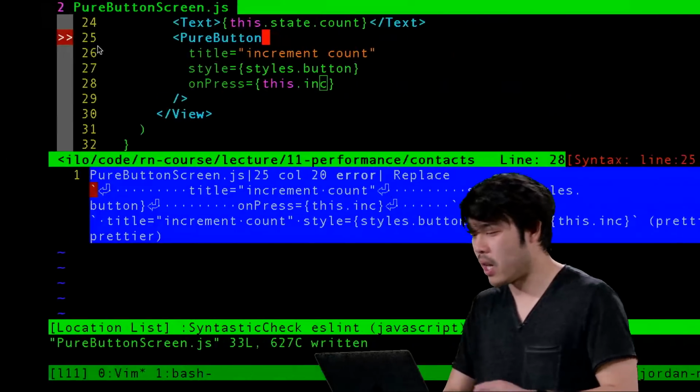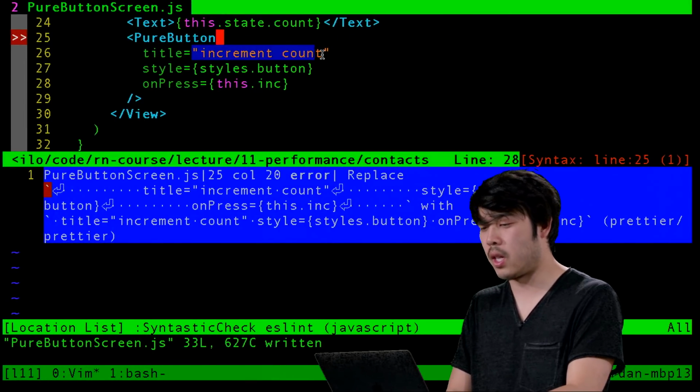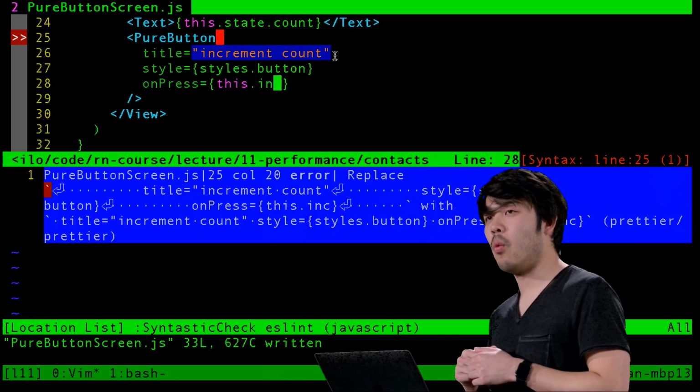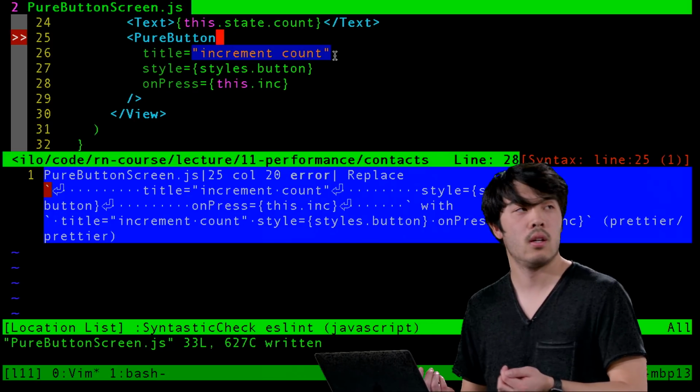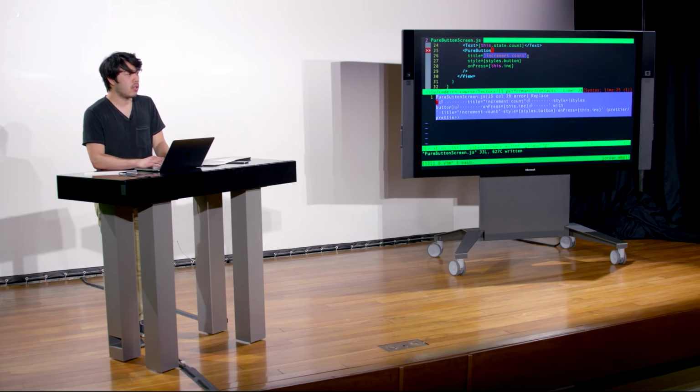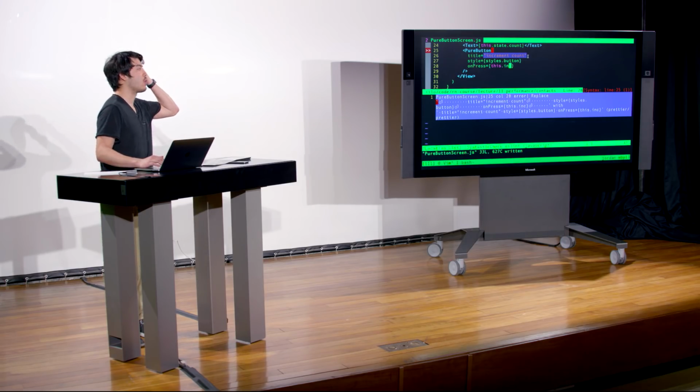But that's strange because we still have a string that we're just declaring here. So why isn't pure component re-rendering even though we're declaring a new string literal here? So if you remember all the way back to one of the first lectures, we talked about the JavaScript primitive types. We talked about how there were numbers, there were many other types, including strings, and lastly there were objects. And anything that wasn't one of those primitives was an object, and every object gets recreated when you